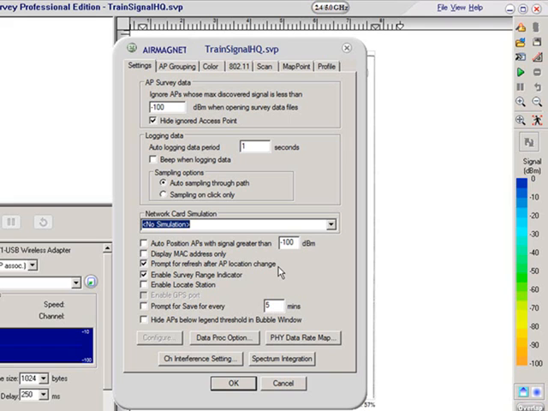I personally like to check that because when I'm doing my site survey, if I move access points, I like to be